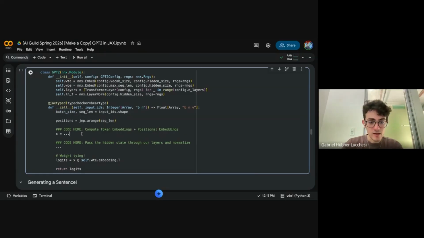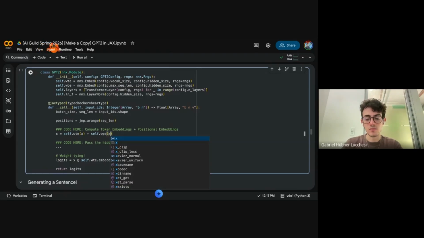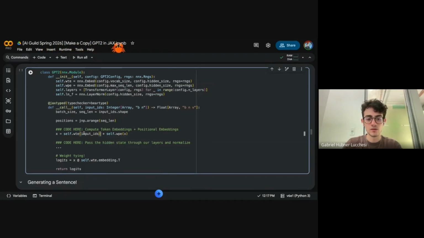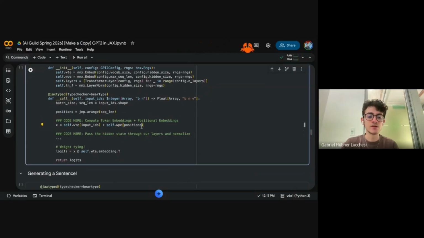And then our embedding tables, we're literally just going to pass our input through them and sum them here. Sorry, not input IDs, I don't have an X here. Good to make it less confusing, actually. And the positions are going to look something like this: 1, 2, 3, 4, 5, 6, 7.